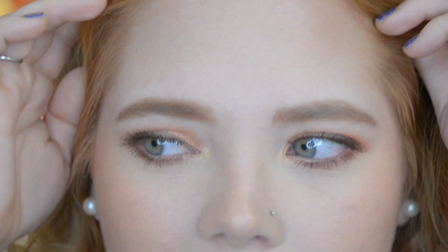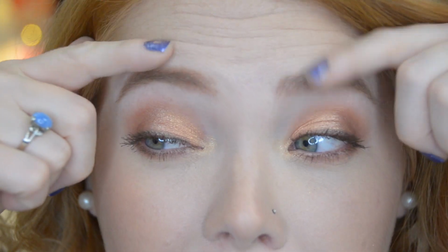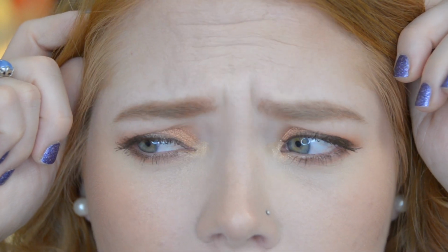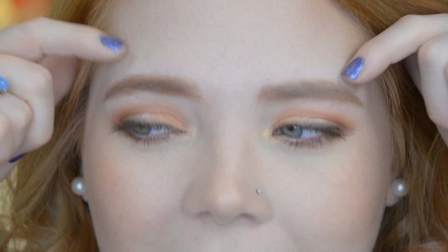But the forehead is definitely where I'm seeing the most creasing, because I do have lines, as a lot of us do. I'm very expressive with my face, so I'm seeing settling there. I'm sure I will start to see settling around the lip area. The gloss, let me show you what happens when you do a thicker